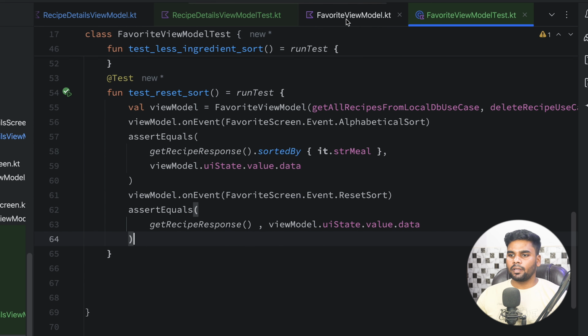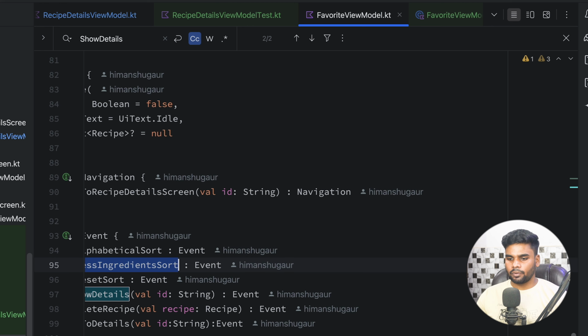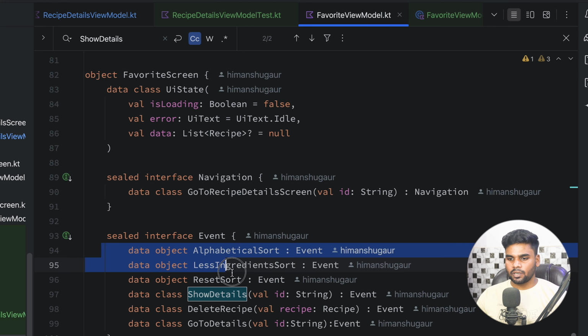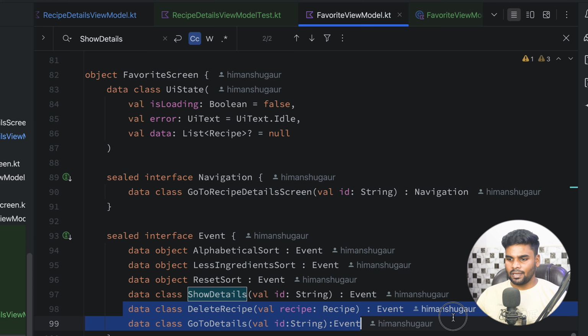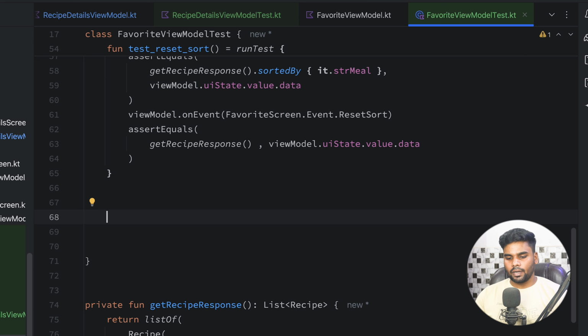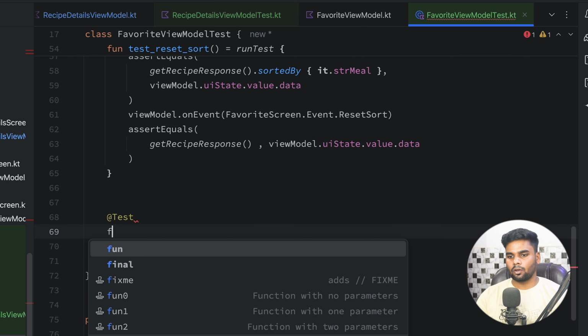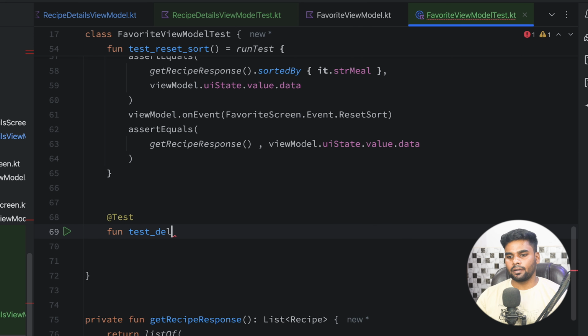Now if you open the view model, at the bottom we have events. So we are pretty much done with these three events. Now we have two more events. The first one is delete, and the second one is go to details. So let's write the delete recipe test case first. For that I'm gonna create a test and call this fun test delete,